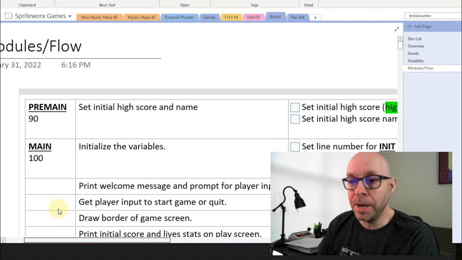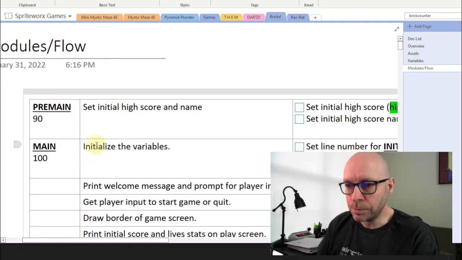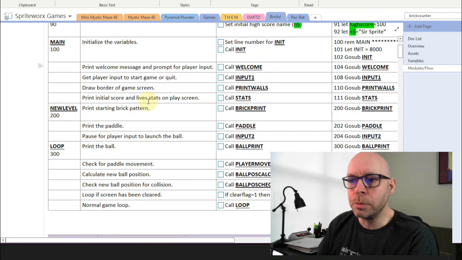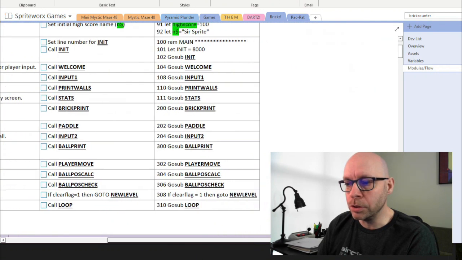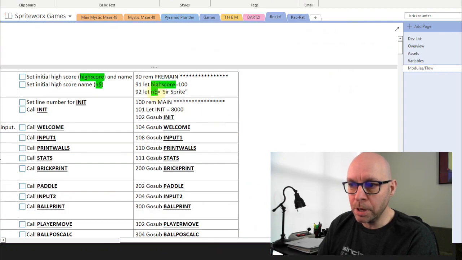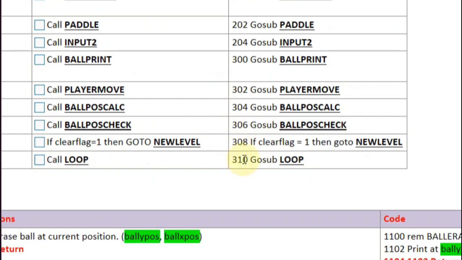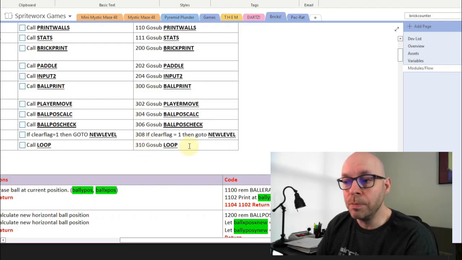And if we go to the main program loop here, right here, you can see these are all the instructions for my main program loop. This top section here is my main program loop, and here are all the instructions for it. They start at line 90 and go to line 310. So if I want to test this out now, what I can do is copy all this code right here,